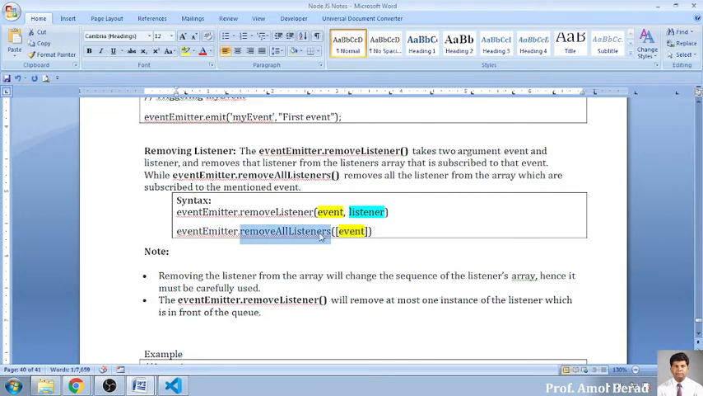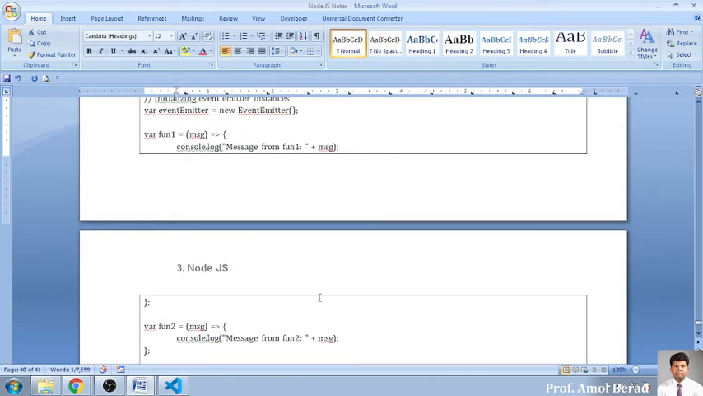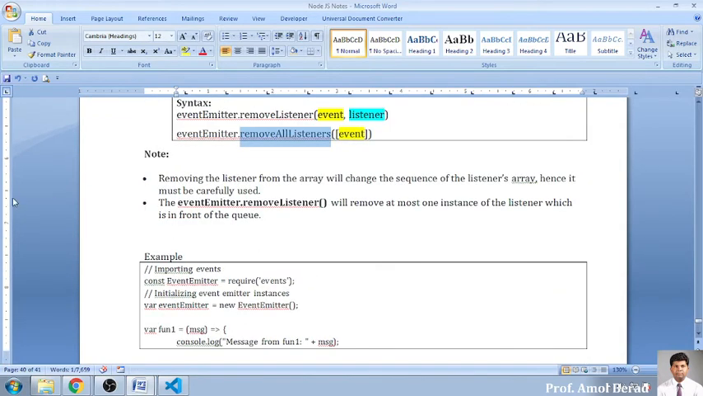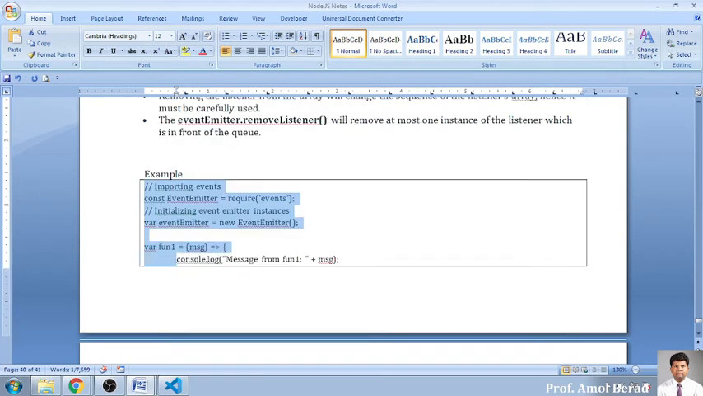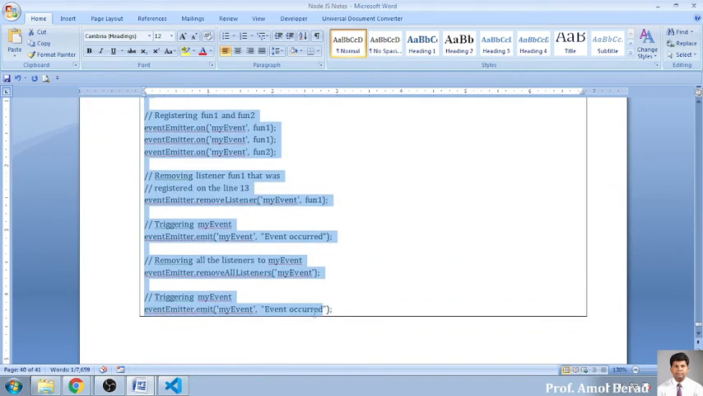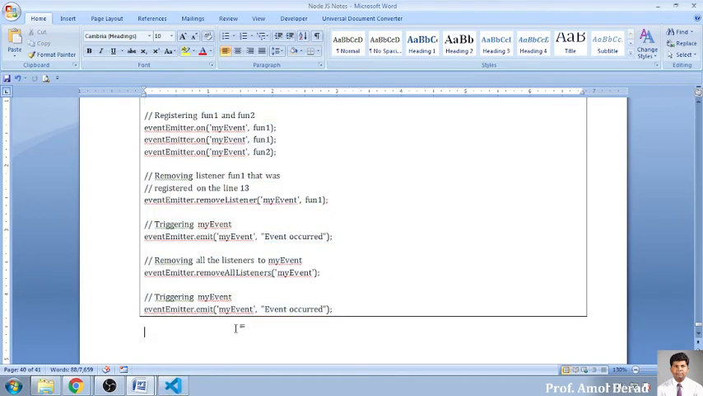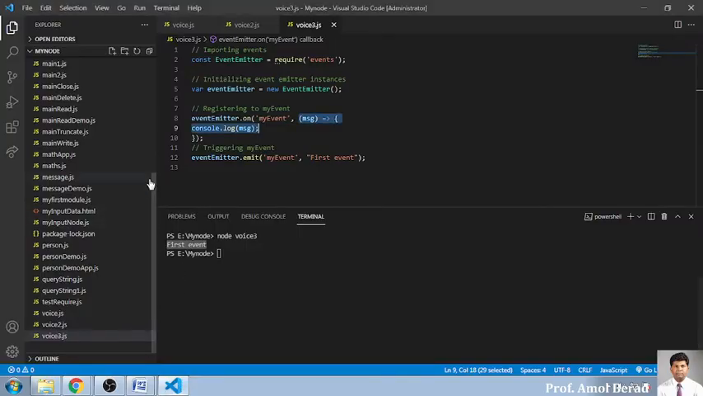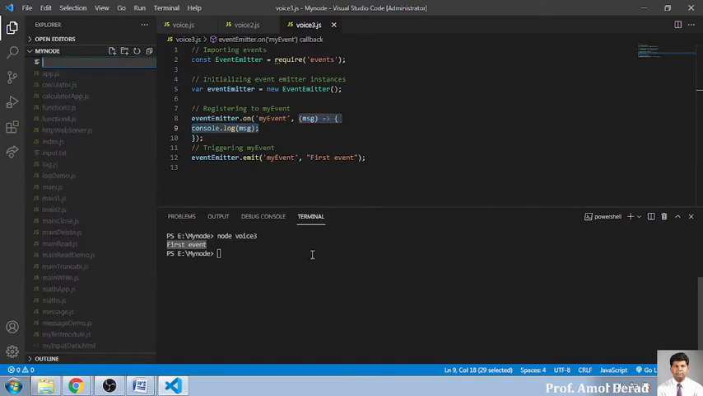Either go for removeListener if you want to remove only a single listener, or if you want to remove all the listeners which are bound with that event, you can go for removeAllListeners. Okay, is it clear to everybody? So the small example I want to specify: I am copying the code and will go for the execution. This is the last example, and then we will be winding up the chapter. So last one, that is